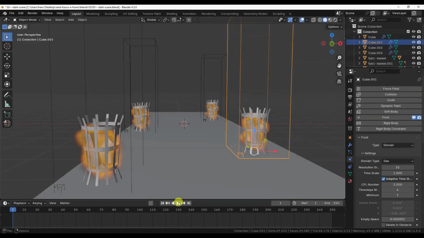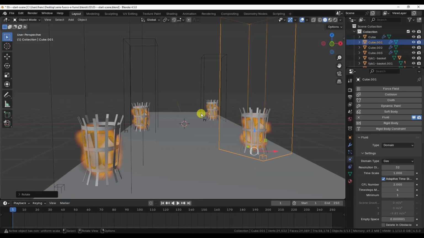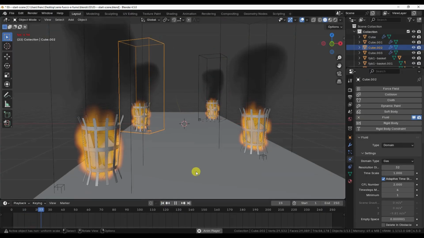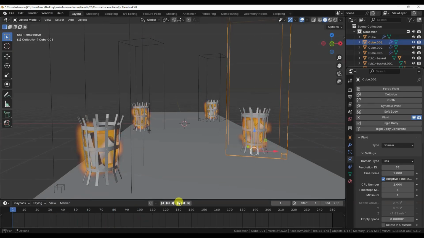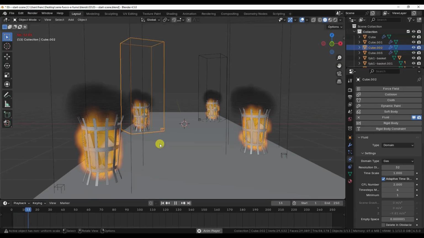The problem is that when pressing play in the timeline, Blender will use the same cache folder for all domains, which means they'll all share the same simulation data. If you're sure you want to keep the same parameters for all simulations, then perhaps you could try to trick the viewer by slightly rotating the domains or giving each domain different materials to vary the look of the flames during rendering.